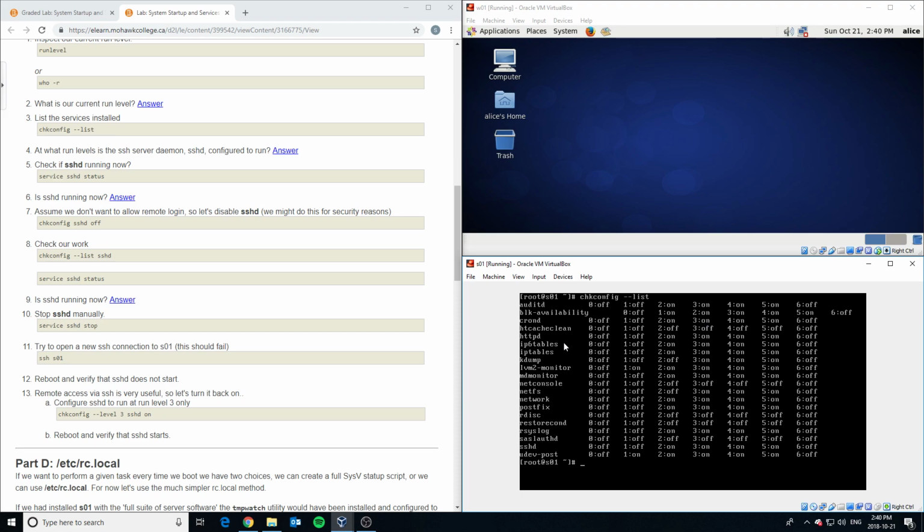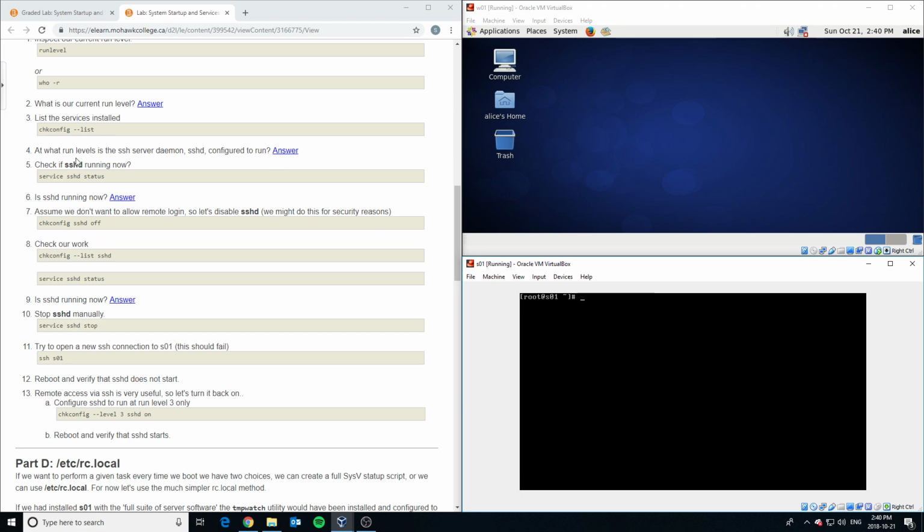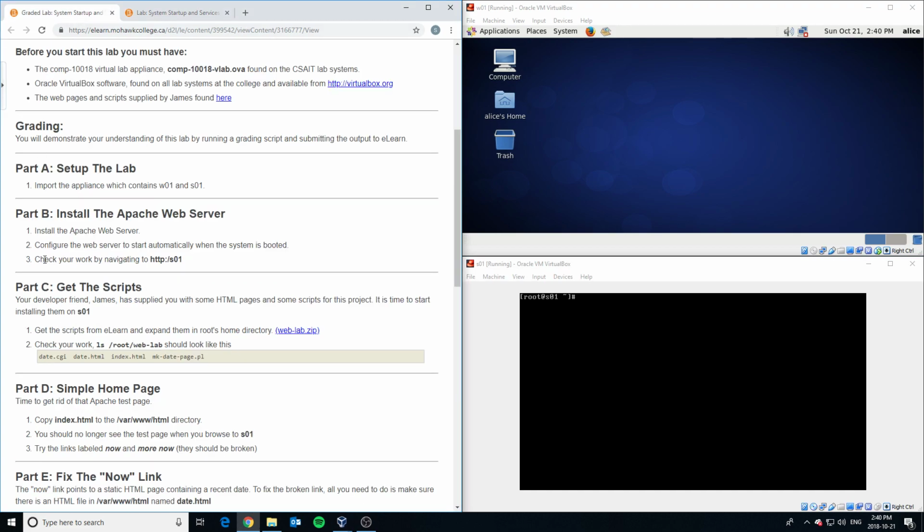If you get that on your test and you have to start any services automatically on boot, you'll want to make sure that when you look at this list, 0 and 1 are off, 2, 3, 4, and 5 are on, and 6 is off. Okay? So that's good. Now we can go on to the third task, and it says check your work by